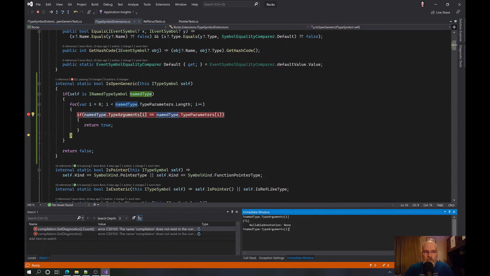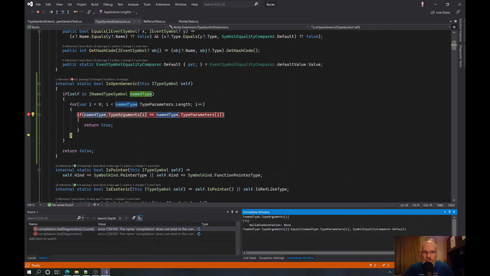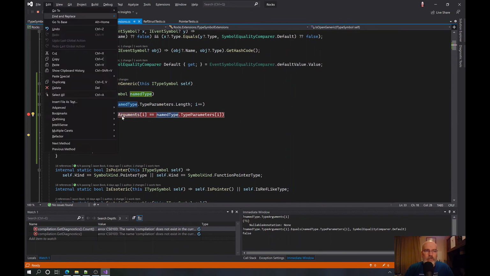It's a type symbol. Let's do this. Equals named type parameters of I, symbol equality comparer default. They're not equal. This is not the first rodeo.